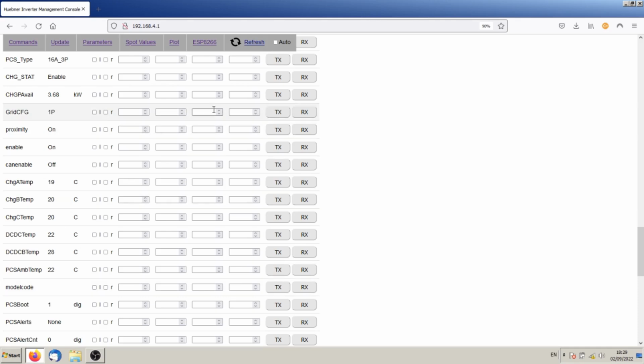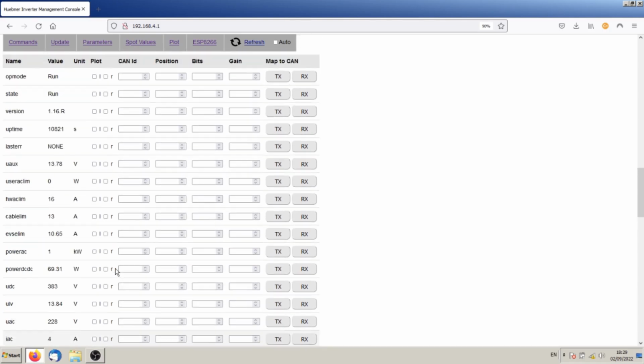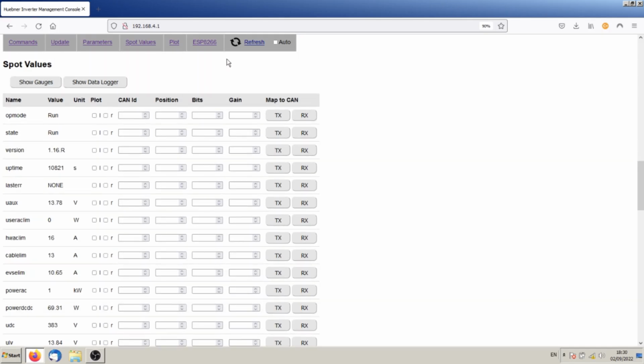If we come down here, we'll see our temperatures on charge phase C, which is the active phase when you're in single phase mode, will start to come up, and our DC-DC bus bar also likes to warm up. I'm afraid I can't go any higher with the power at the minute